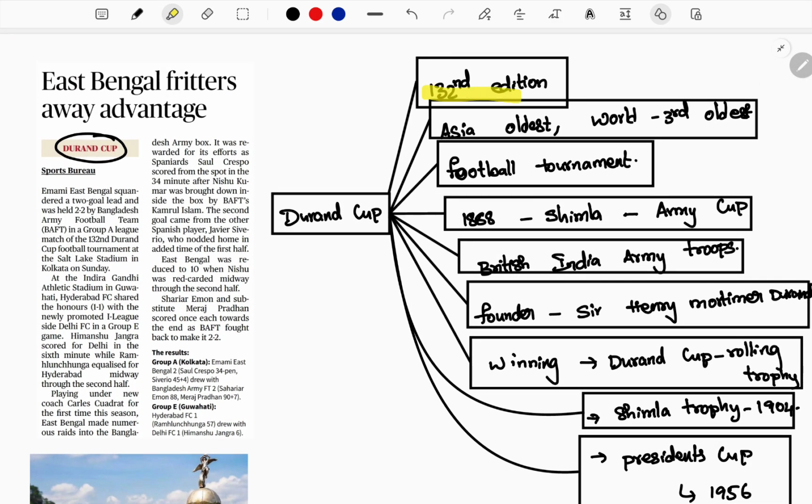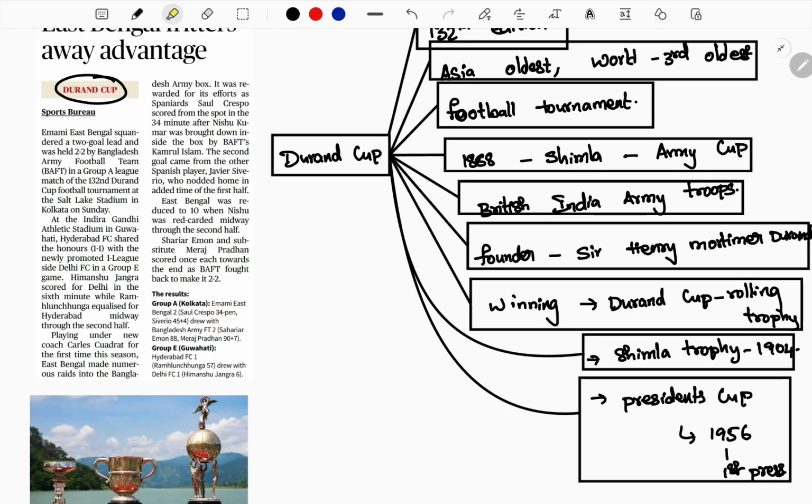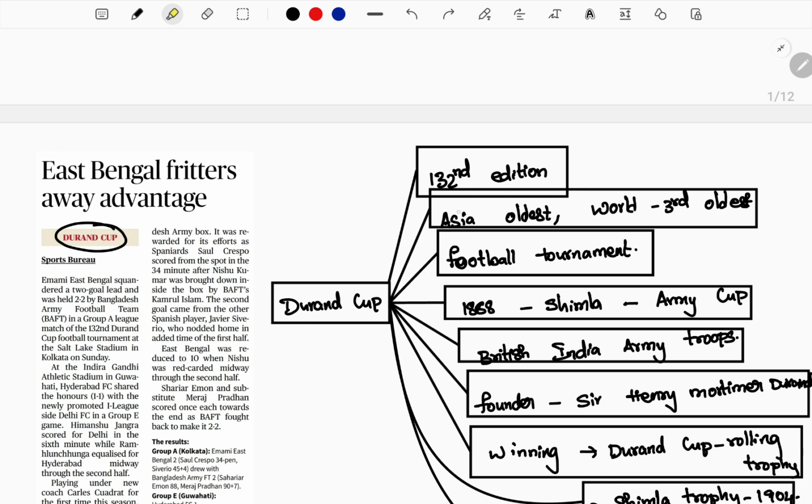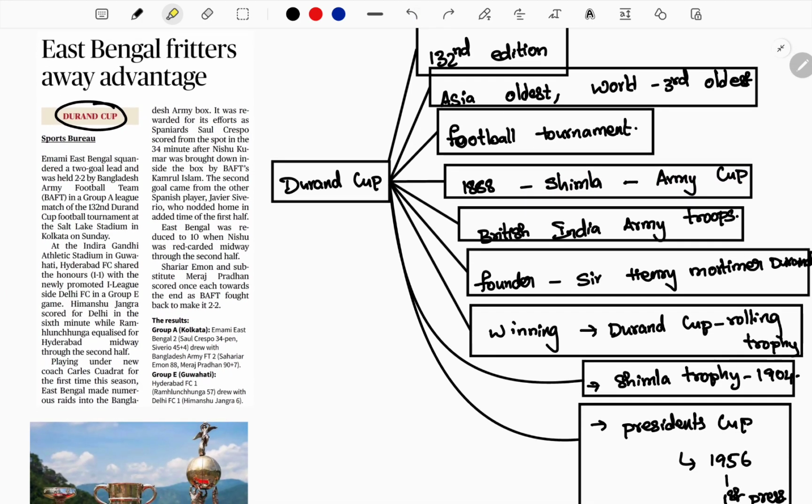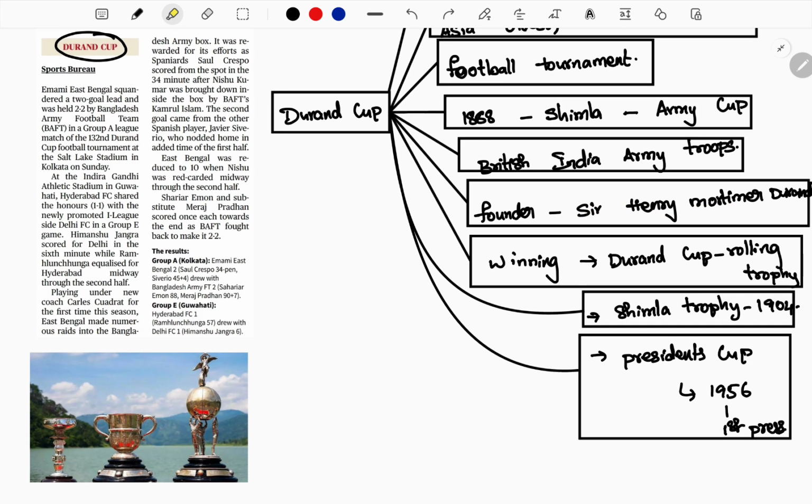The 132nd edition of the Durand Cup has been happening recently. The Durand Cup is considered to be Asia's oldest and the world's third oldest football tournament, held in our India. It started in 1888 as the Shimla Army Cup, a football tournament in which British Indian Army troops participated. The first founder of this tournament is Sir Henry Mortimer Durand, so it is named the Durand Cup. And also the winning